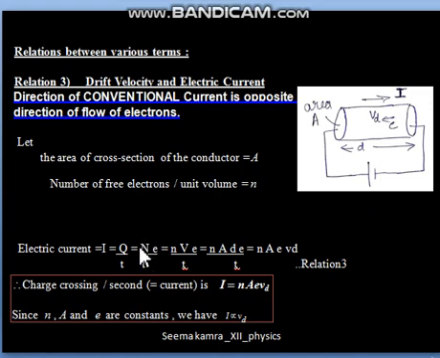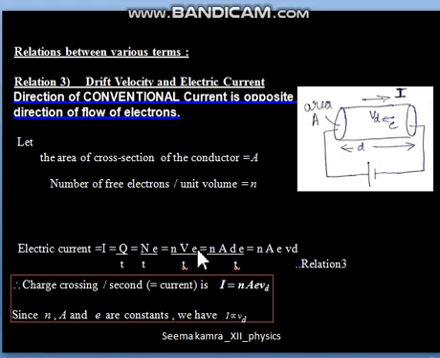Now generally this capital N is not given for any conductor, only the number density is given. Number density is always denoted by small n. This you have to remember. This term will be appearing in almost every chapter now. So number density means small n. Its formula is the total number of free electrons per unit volume. So if we want capital N, that means the total number of electrons, we have to multiply the number density with the volume of the conductor. So this capital V is denoting the volume.